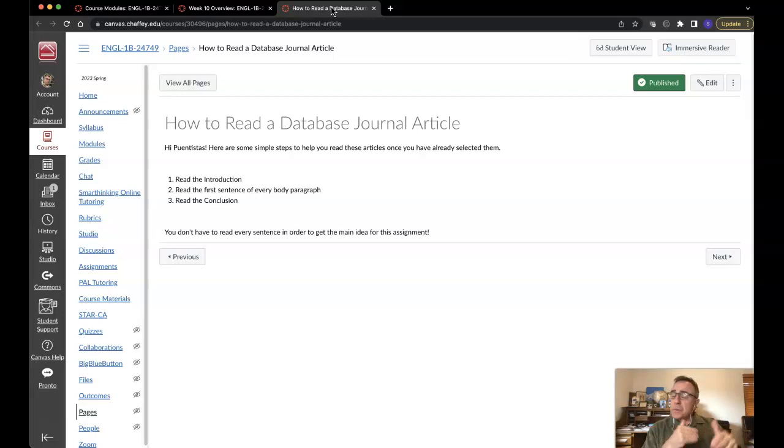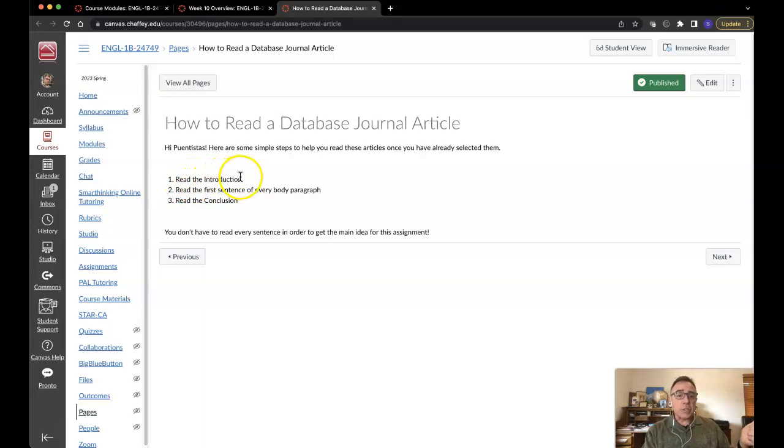And there's a different thoroughness that we use depending on what kind of source or what kind of reading material we're looking at. Remember how I gave you that little flow chart about yes, no, maybe? We're going to be using a strategy that's similar to that to help us just get to where we need to go. Now, here are my three basic reading strategies for these journal articles.